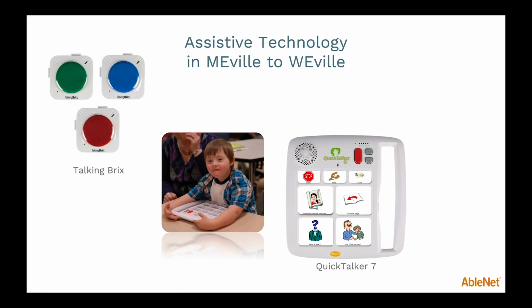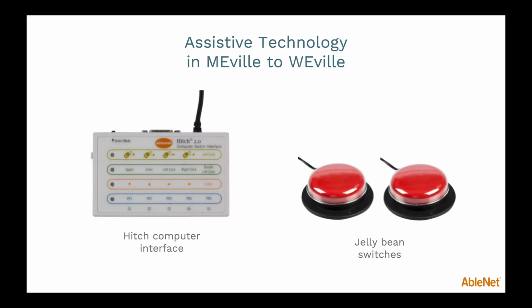What is recorded with each pic symbol is based on what is in the lesson at your discretion and/or your students' input depending on the activity. If you do not want to use a particular image on the overlay, cover it with a post-it note, or create a new overlay with the symbol overlay maker mentioned earlier. Remember to always record in front of the student, demonstrate each message, show the pic symbol, and allow the student time to practice. The Hitch and Jelly Bean switches are useful for the digital versions of the 6 literature books